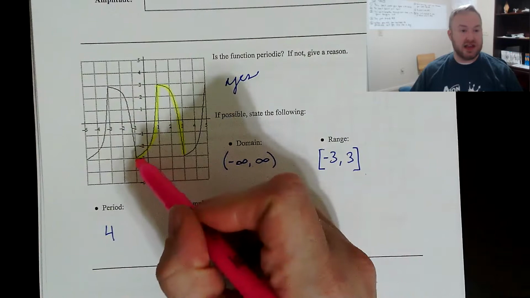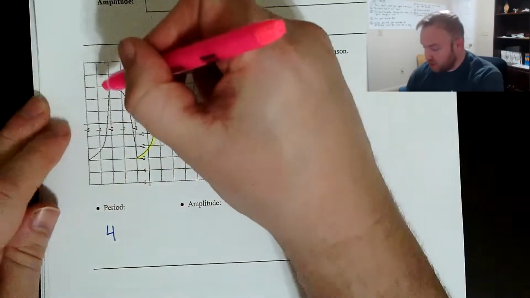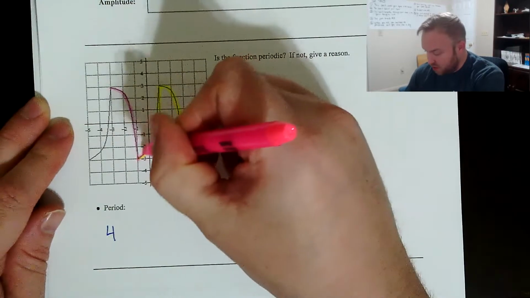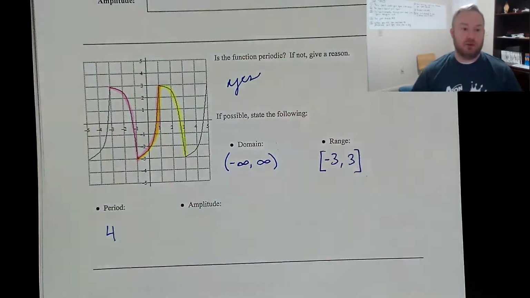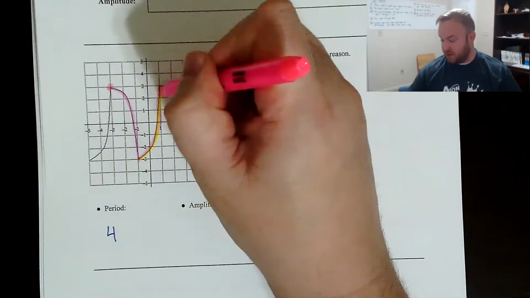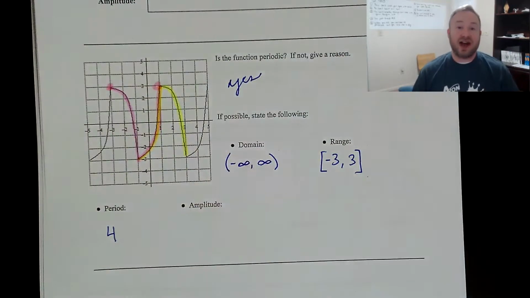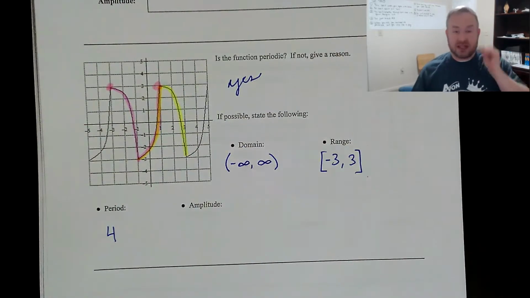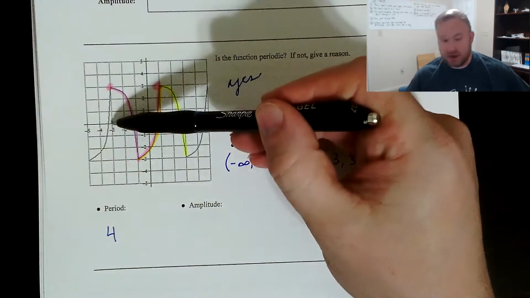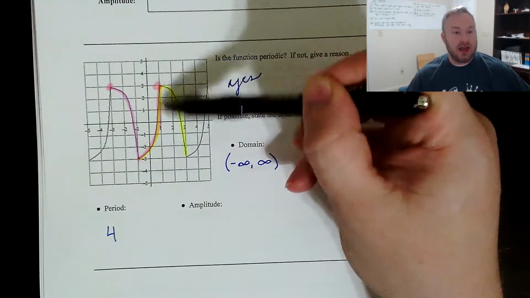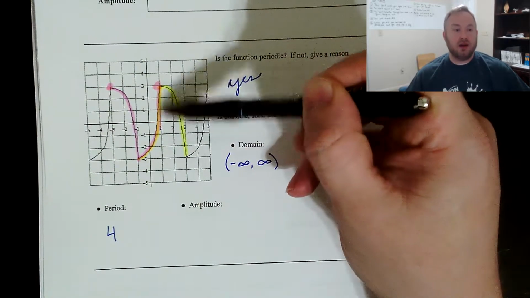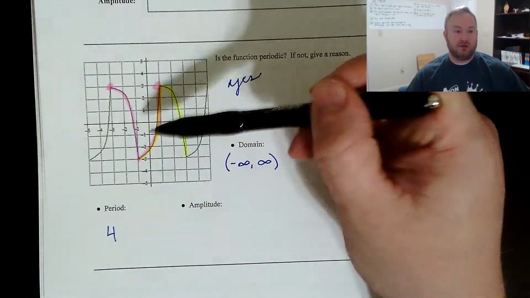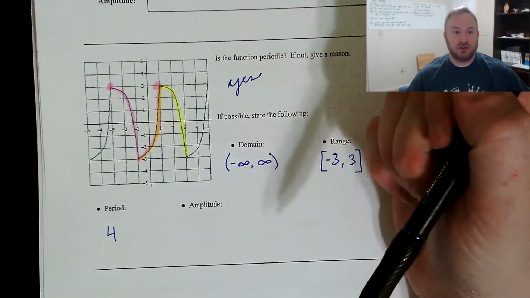Now, like I was saying, there's different ways that you could begin and end a cycle. I began this cycle at kind of the bottom point. You could begin the cycle at one of the top points and then go all the way like that. And that would be one cycle from this point to this point, right? You could call that a cycle, but I want you to notice that the period is the same. If you drew the cycle that way, then the cycle started at an x value of -3 and it ended at an x value of 1. And so again, the length of that interval is still 4. 1 minus -3 is still 4.